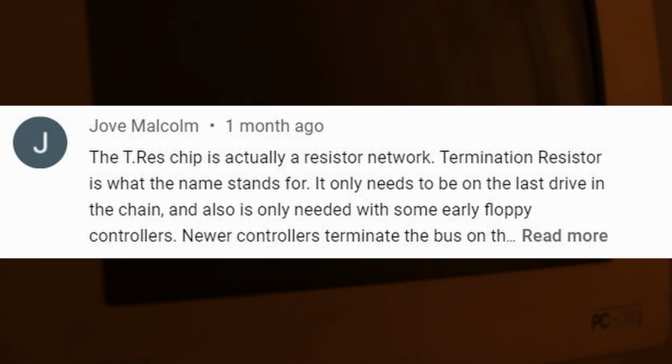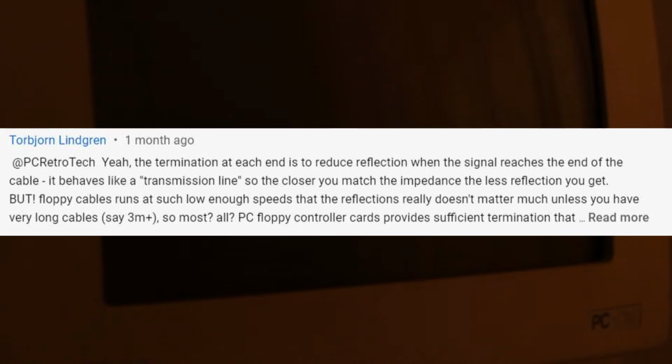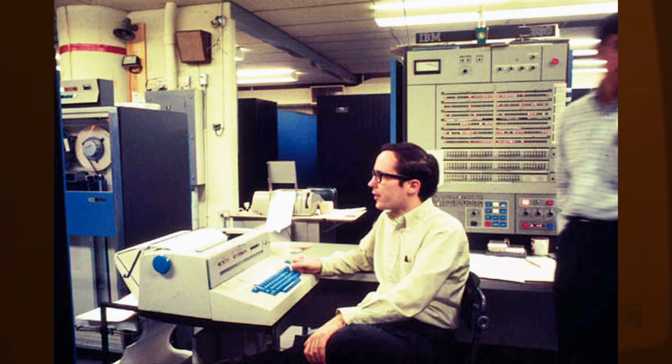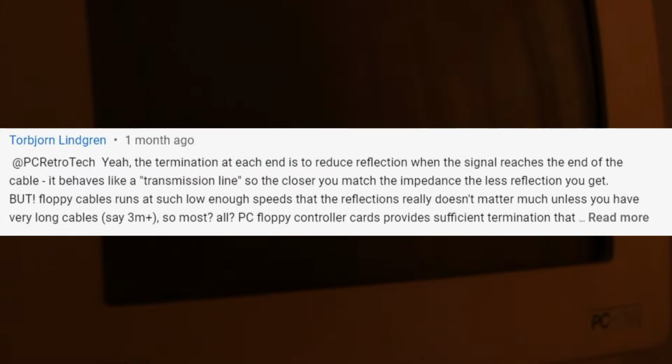Some people suggested that the later controllers handle things better, perhaps even terminating the bus on the controller itself. Other people said it only matters if you have really long cables, and bear in mind that in the early history of IBM computers, they would have had very long cables going out to drives, perhaps even in separate cabinets entirely. And other people said, well, it's a floppy drive, it's slow, it probably doesn't matter that much. And I think some of those explanations certainly sound reasonable, but without some long cables and scientific test conditions, I'm not going to be able to give a definitive answer on why it doesn't seem to matter that much on